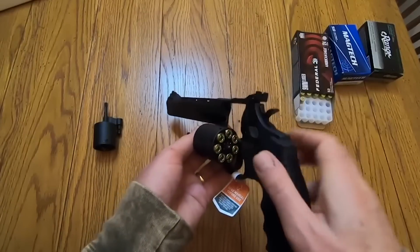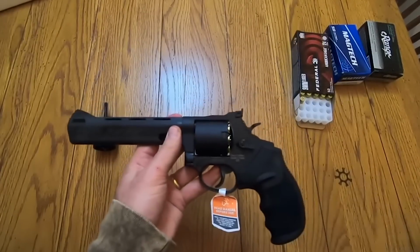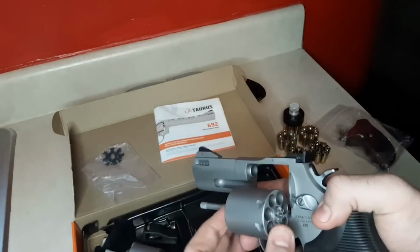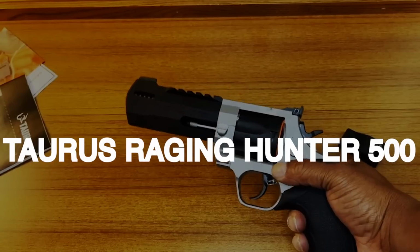Similar to Smith & Wesson's K-frame revolvers, it's constructed on the company's medium-sized frame, but with a 7-shot cylinder that makes it thick and hefty, making it ideal for target shooting and deer hunting with maximum power .357 Magnum ammunition. Taurus Raging Hunter 500,